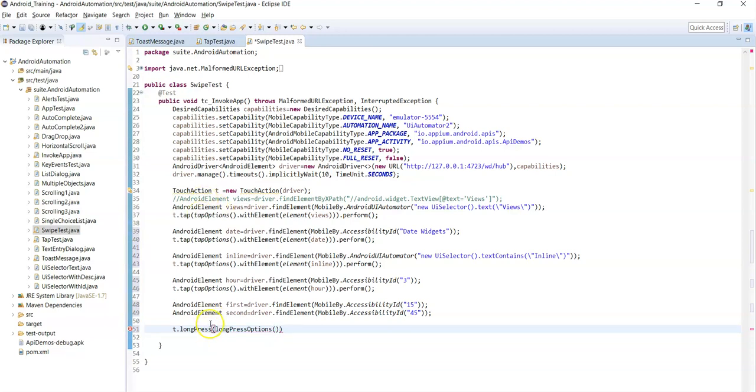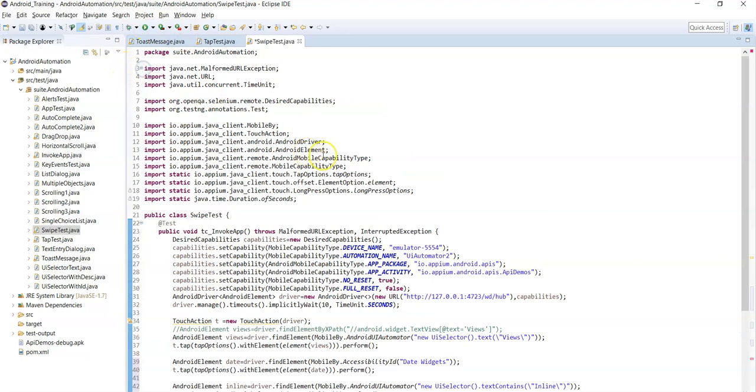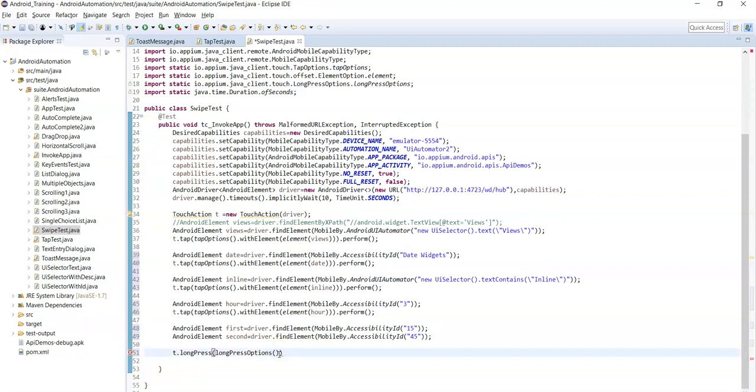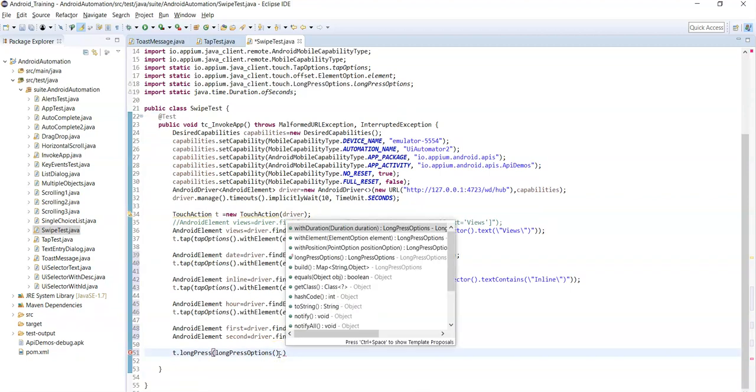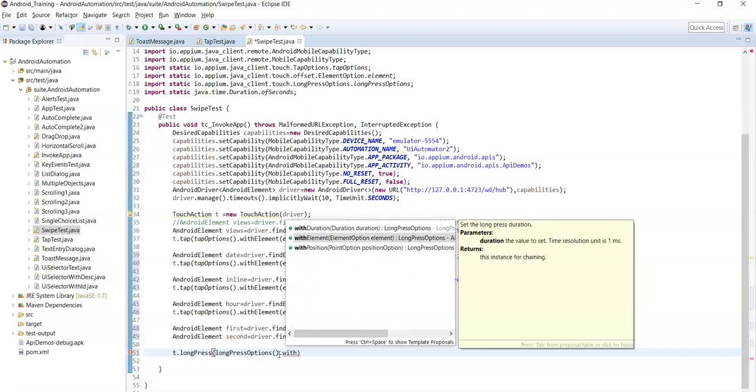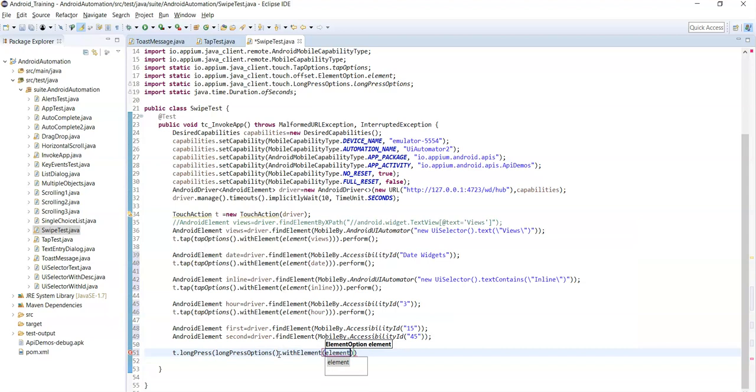Here you need to import long press options, this is the static import, dot with element, so element of, we need to pass first element here, that is first.